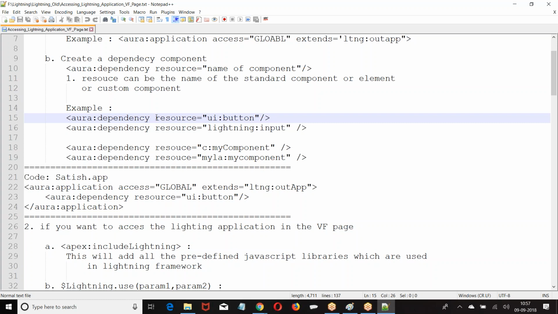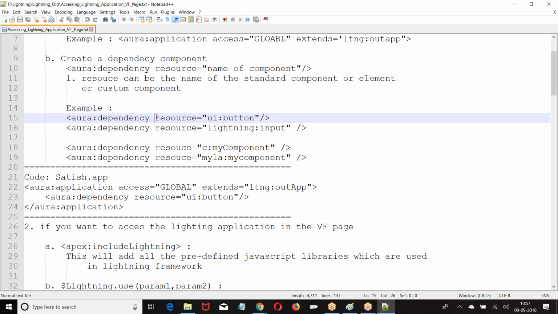So tell me, what are the things we need to define? First, aura:application extends ltng:outApp. Then access equal to global.